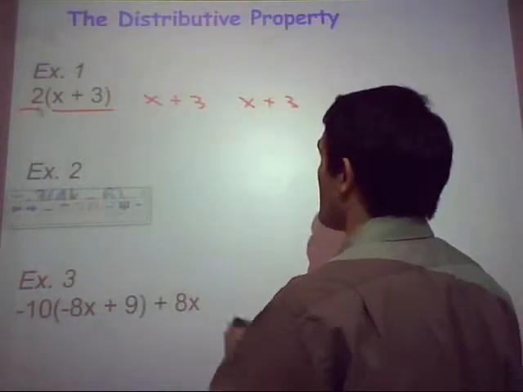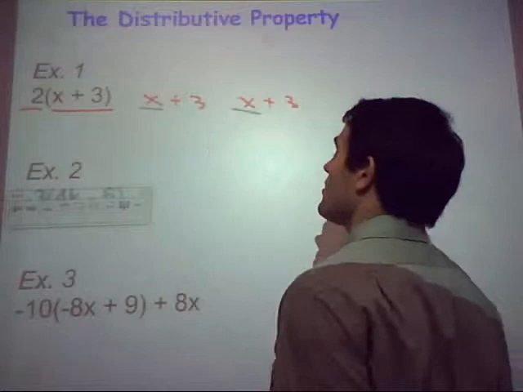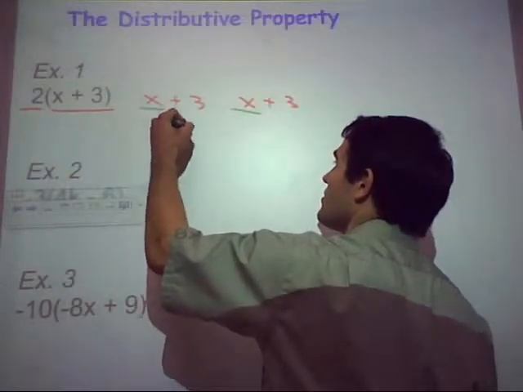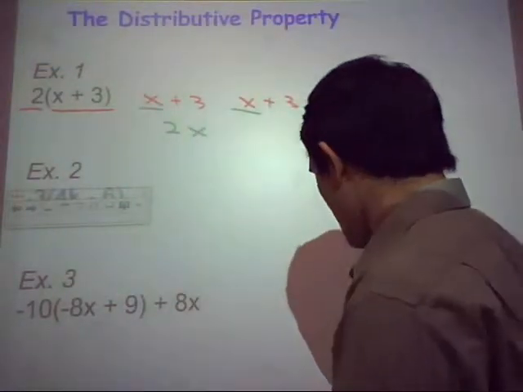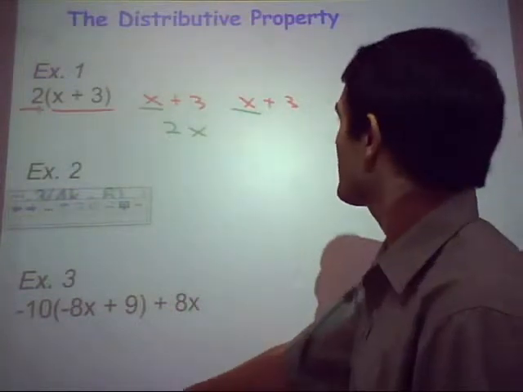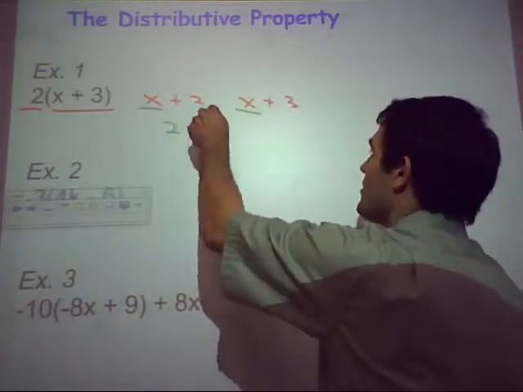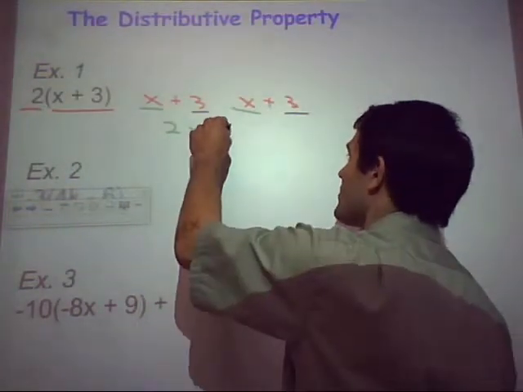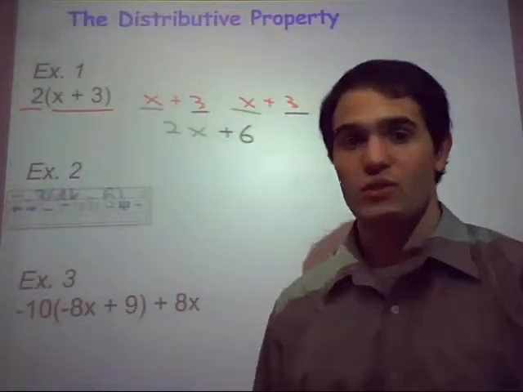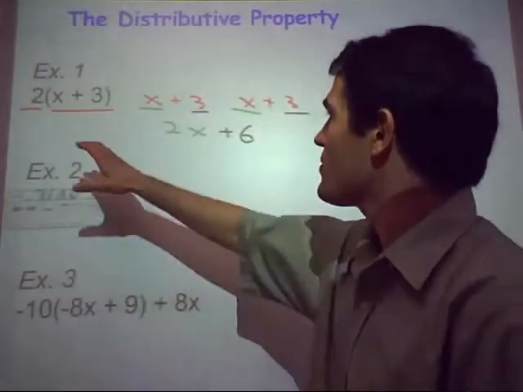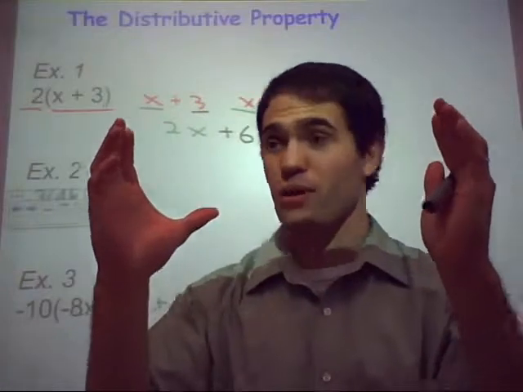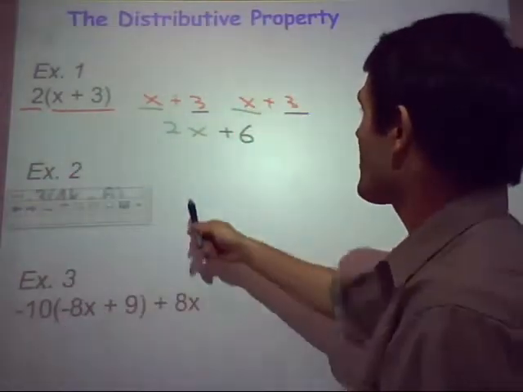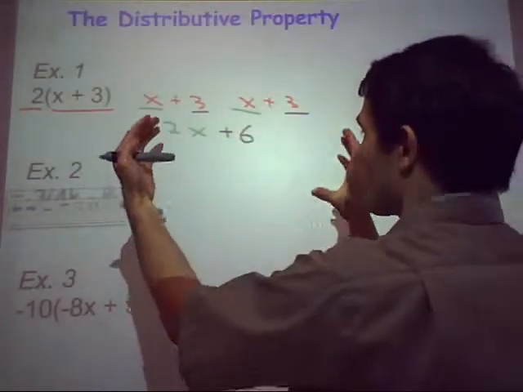Well, I've got 1, 2 x's. And then I've got 3. 3 plus 3 is 6. So when you think about 2 times whatever x plus 3 is, you end up basically with 2x plus